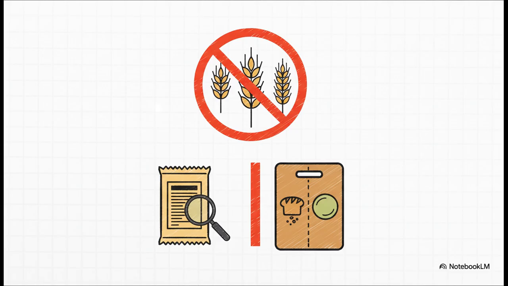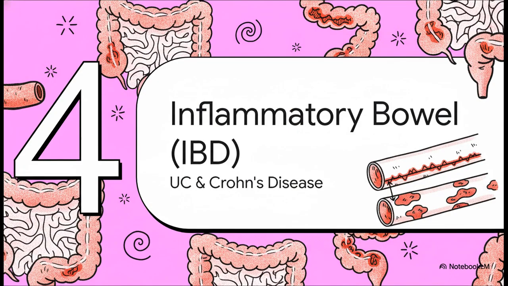And let's be clear, a low-gluten diet just doesn't cut it. It's not enough. And on top of all that, they have to be super careful about cross-contamination in the kitchen to avoid triggering that immune response. All right, now we're ready to move into our fourth section, and we're shifting our focus to inflammatory bowel disease,